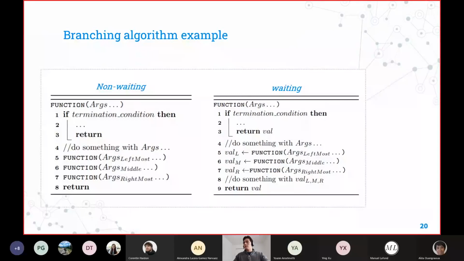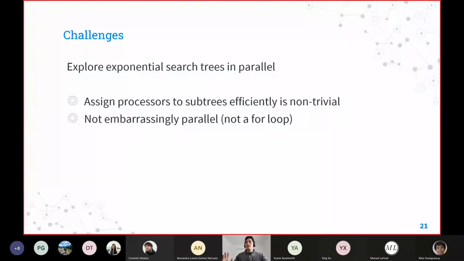The most important thing is trying to make parallel calls for each of these branches, and that is a non-trivial task, because assigning a branch to a particular processor is difficult, and we also have to distribute it well. During the presentation, I will show some examples about this. And this is also not embarrassingly parallel, which means that it is not as simple as parallelizing a simple for loop.